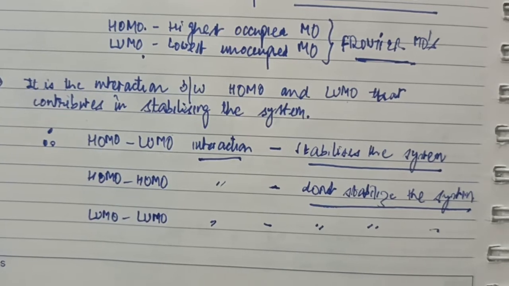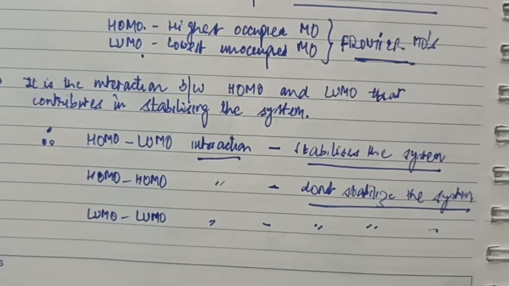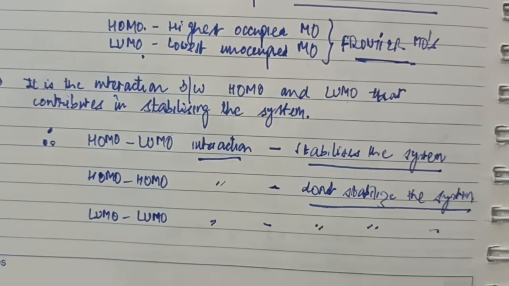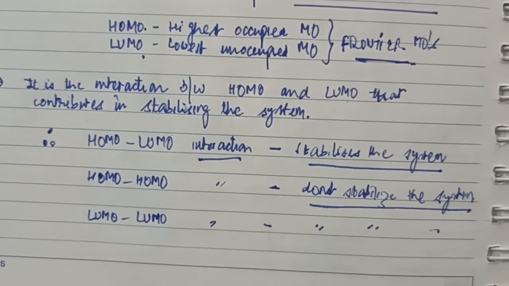So we are largely considering a few interactions: the filled orbital HOMO with the unfilled orbital LUMO, the interaction between two filled orbitals, or the third type of interaction which we can consider in this system, the interaction of the lowest lying, the most stable molecular orbital of one reactant system and the highest orbital of the second reactant system, the one which is also above the LUMO. We will consider all these interactions and see why we say that the HOMO-LUMO interaction is most stable and should be the only one considered in the FMO approach.